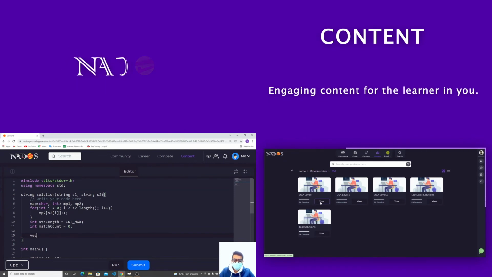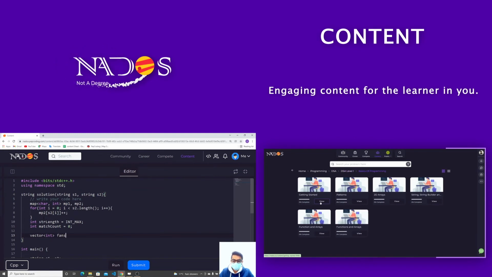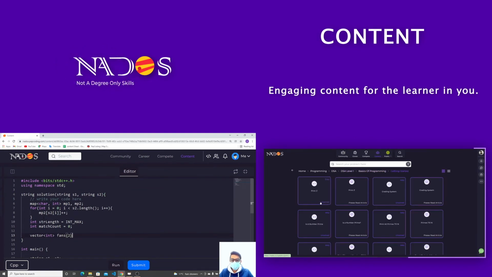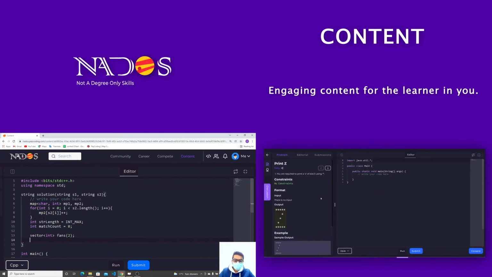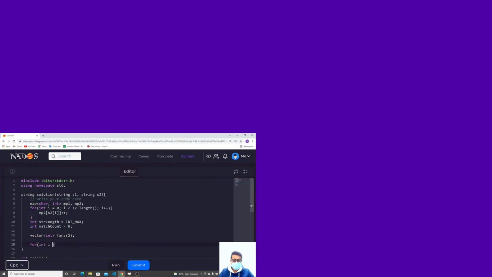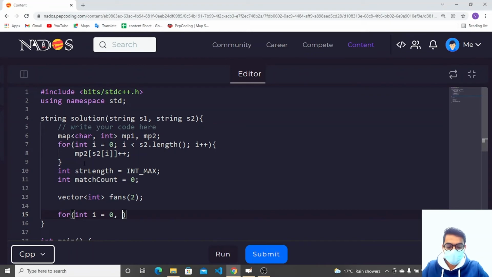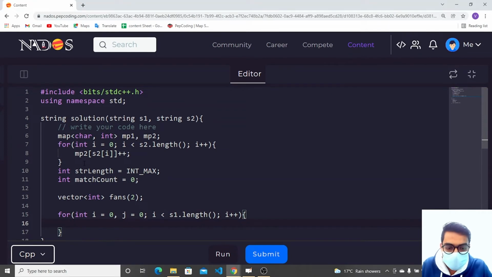So we need to store this into an array, a vector of int called frequency answer, and its size is 2. After that we are going to traverse our string one, with i starting from 0 and j also starting from 0. i should be less than s1.length, and then i plus plus. After this, we need to